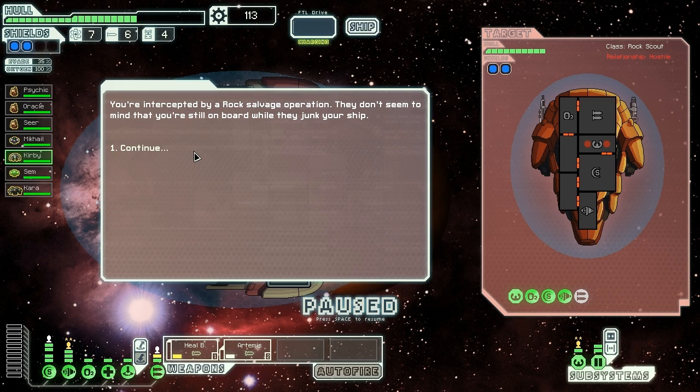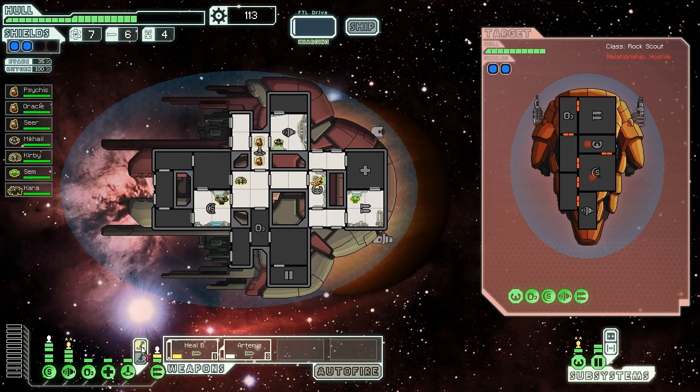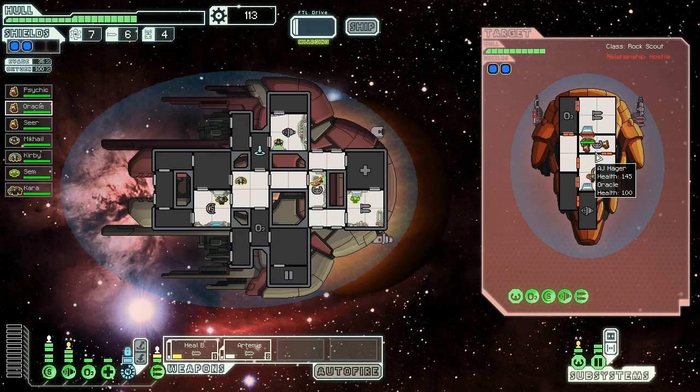We're interrupted by a rock salvage operation. They don't seem to mind that we're still on board when they start to junk our ship. Well, that's not gonna happen. Let's teleport directly into the helm and start fighting these guys. You know, rocks again. Of course they are. Alright,